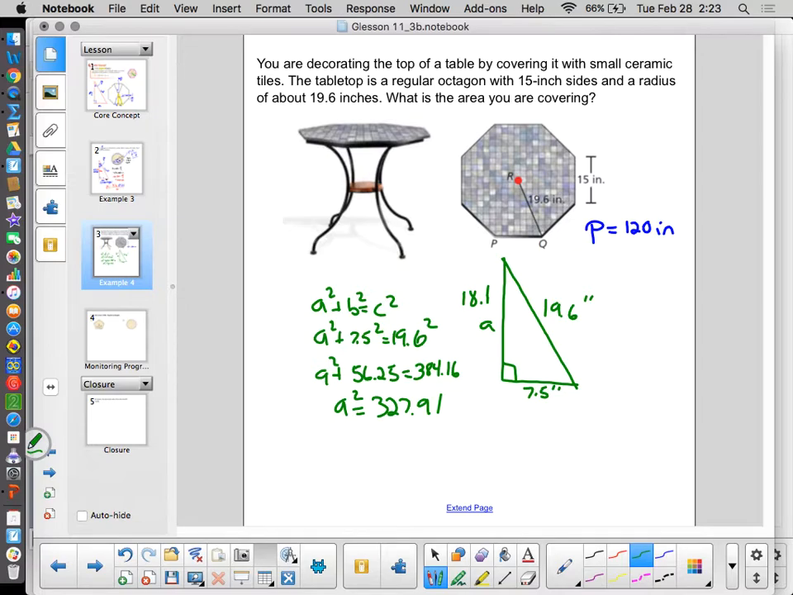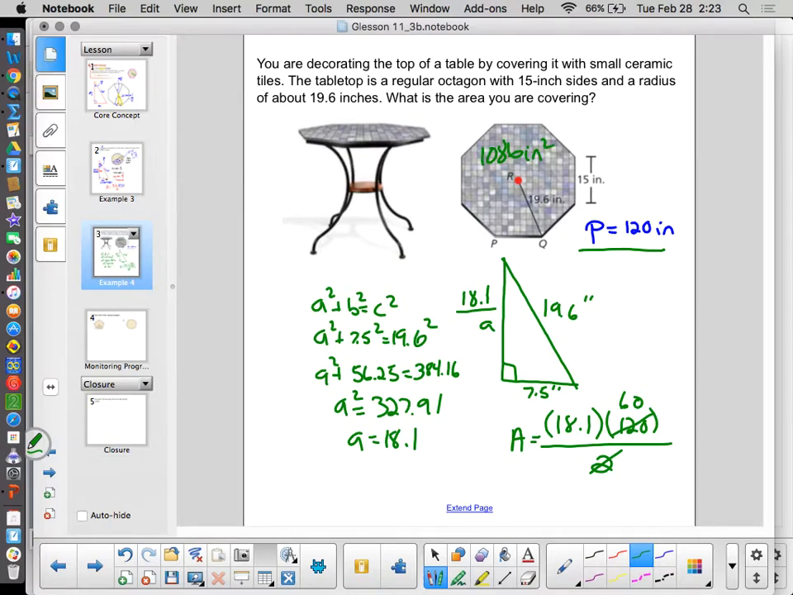Okay? So we've done that, and we found the length of our apothem. So now I can just plug in, because I have my perimeter, I have my apothem. My area is apothem times perimeter divided by 2. Now I'm going to make my life easier here and reduce that, because that reduces so easy. And I get 18.1 times 60, or 1,086